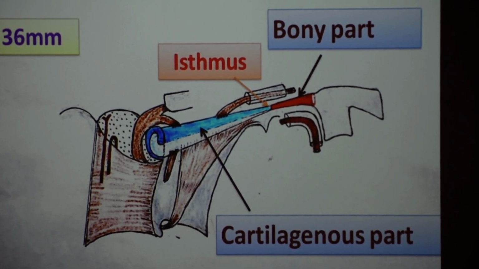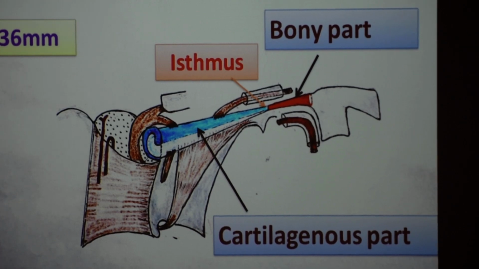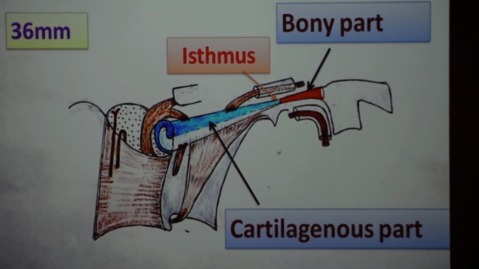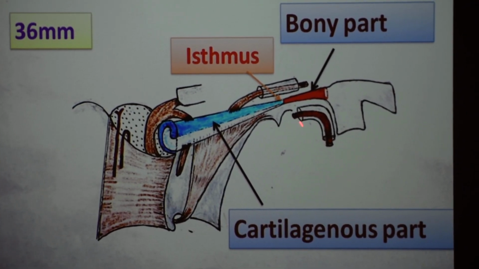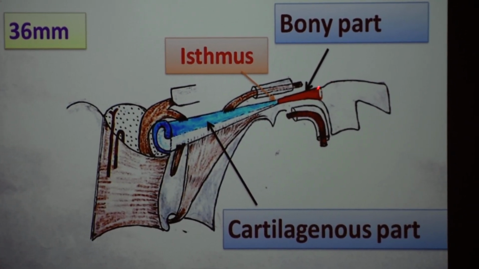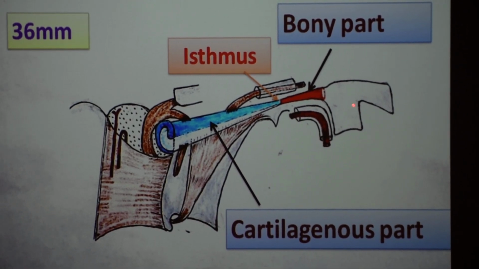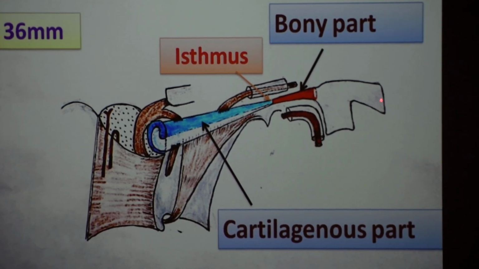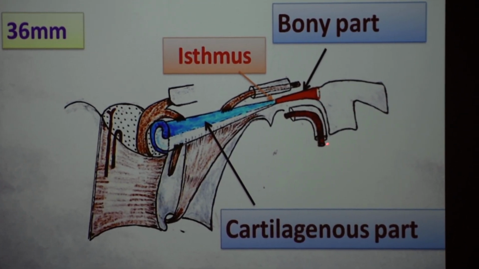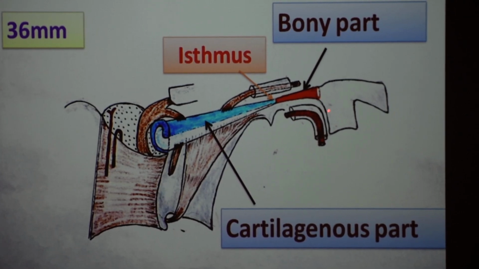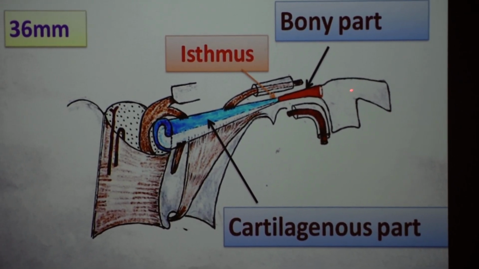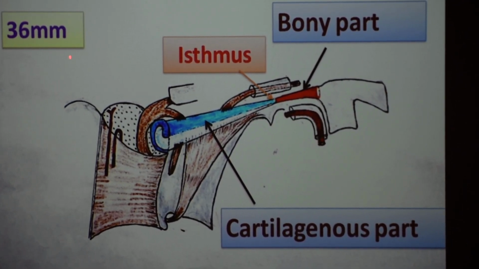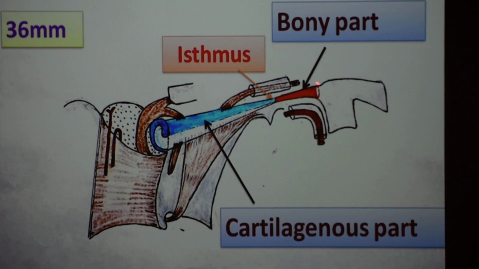Now it has two ends, anteromedially and posterolaterally, because the direction of the auditory tube is downward, forward and medially from the middle ear cavity. So from the posterolateral aspect, it opens just above the floor of the middle ear cavity. This one is the middle ear cavity, this one is the tympanic antrum or mastoid antrum. This one is the anterior wall of the middle ear cavity, from where the auditory tube starts. That portion is about 12 millimeter out of the 36 millimeter, the lateral one third part.